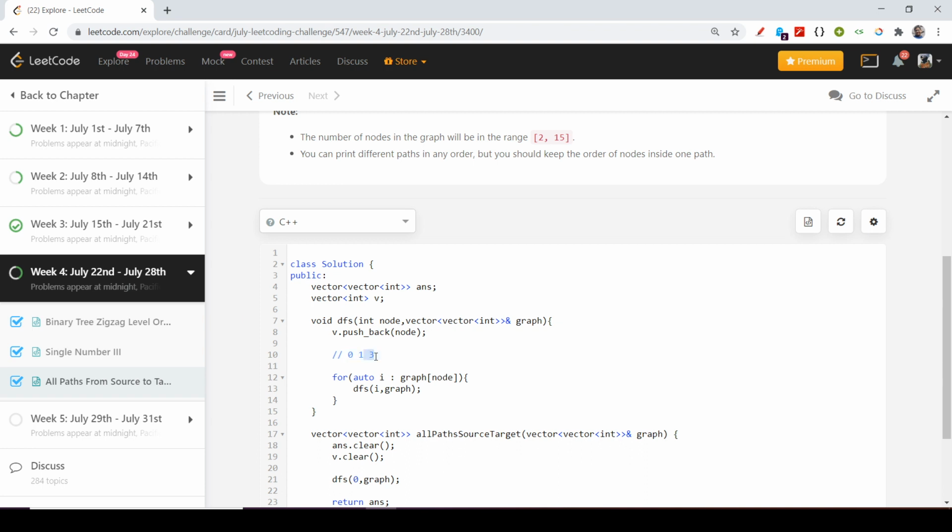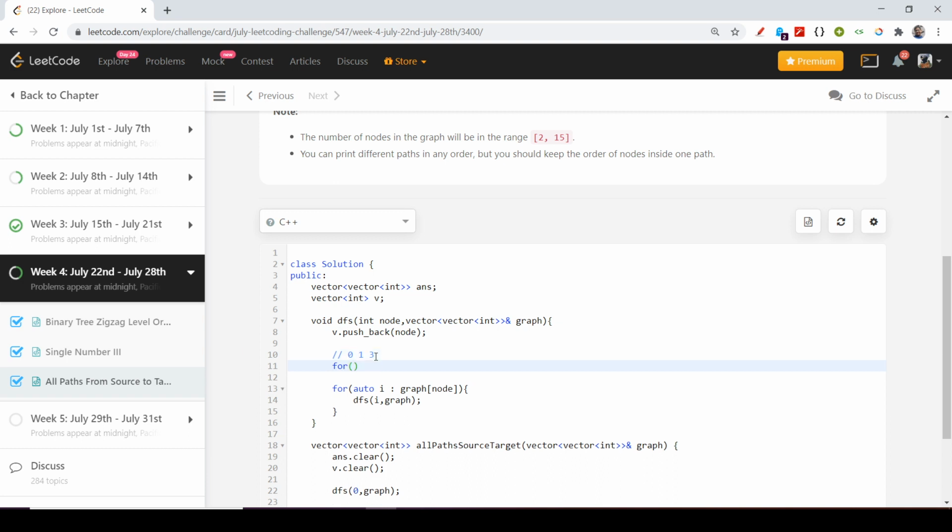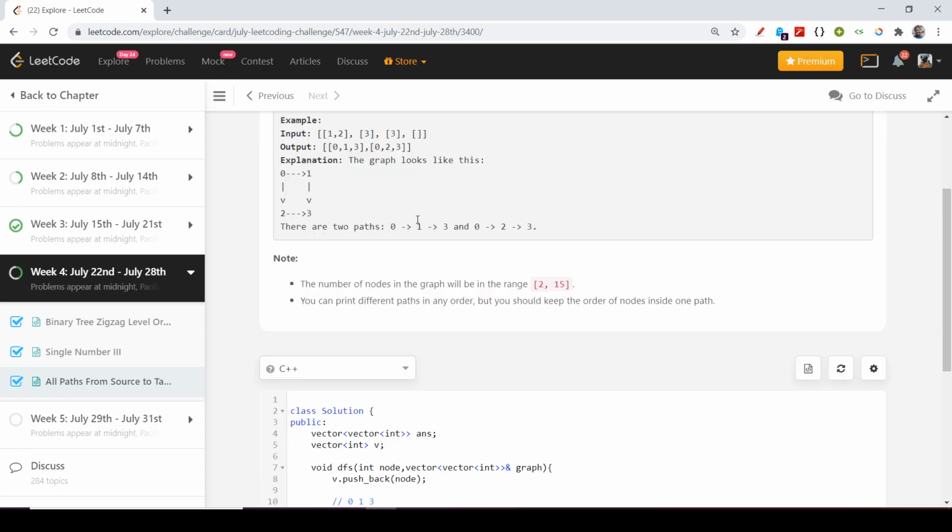Now when I have reached 3, I have to handle this case, because at this stage I have my vector as this, and I need to store this vector in my answer vector. So I will check if graph of the particular node, in this case 3, is an empty array, as I showed you here.